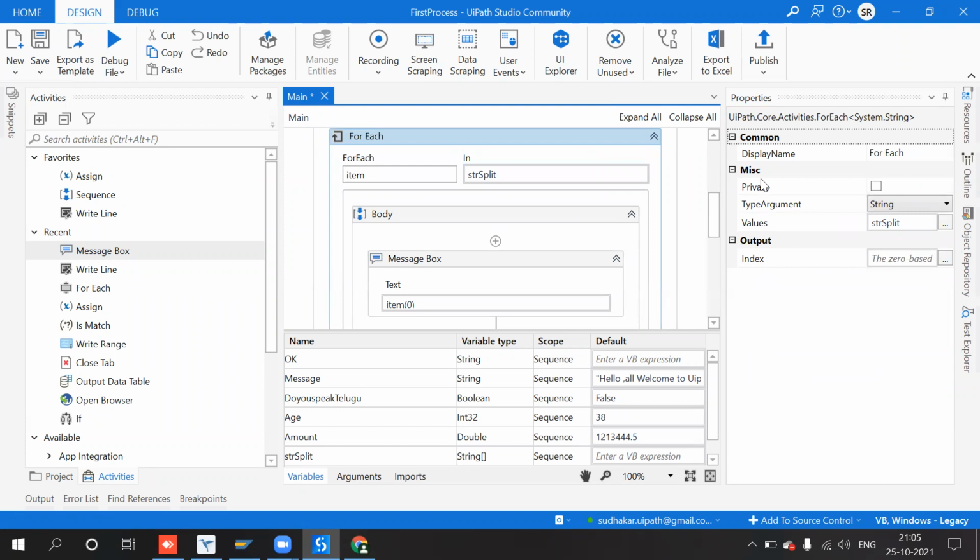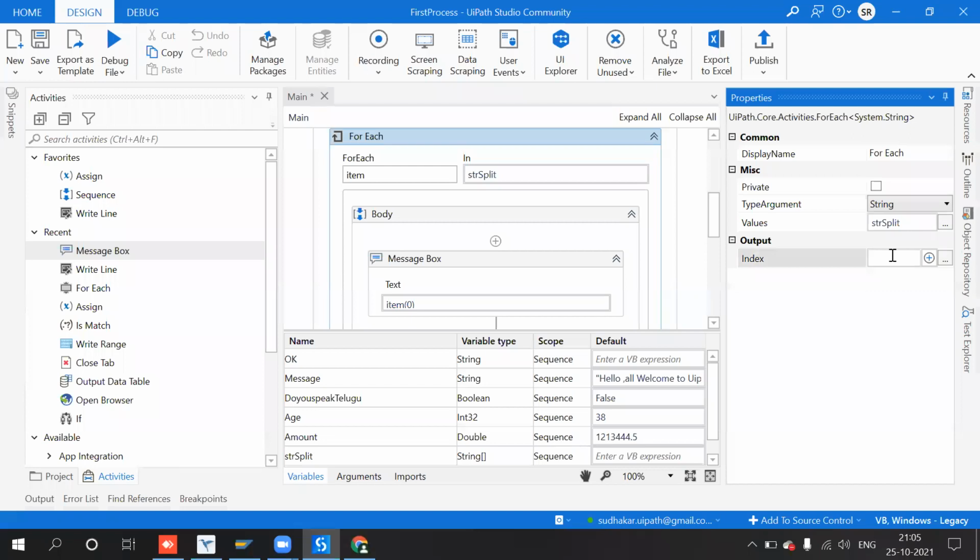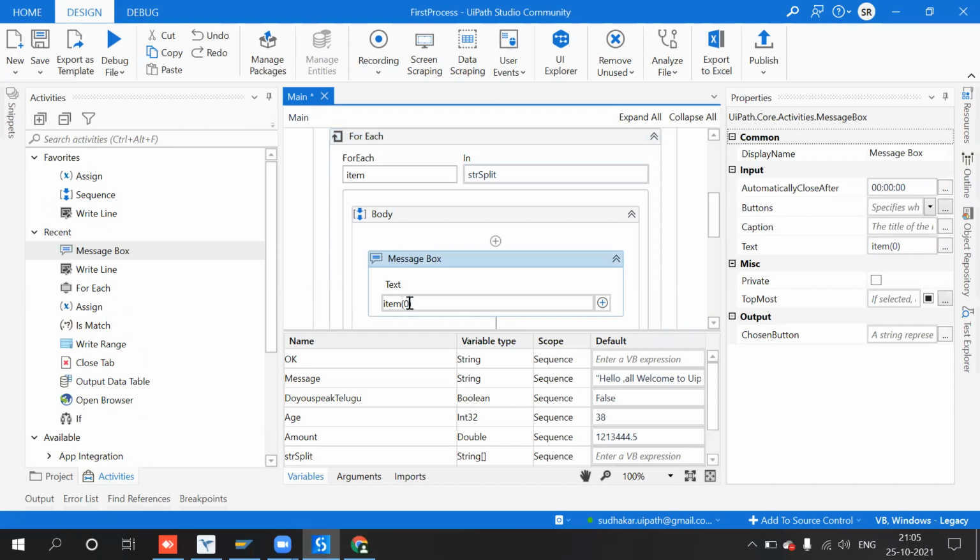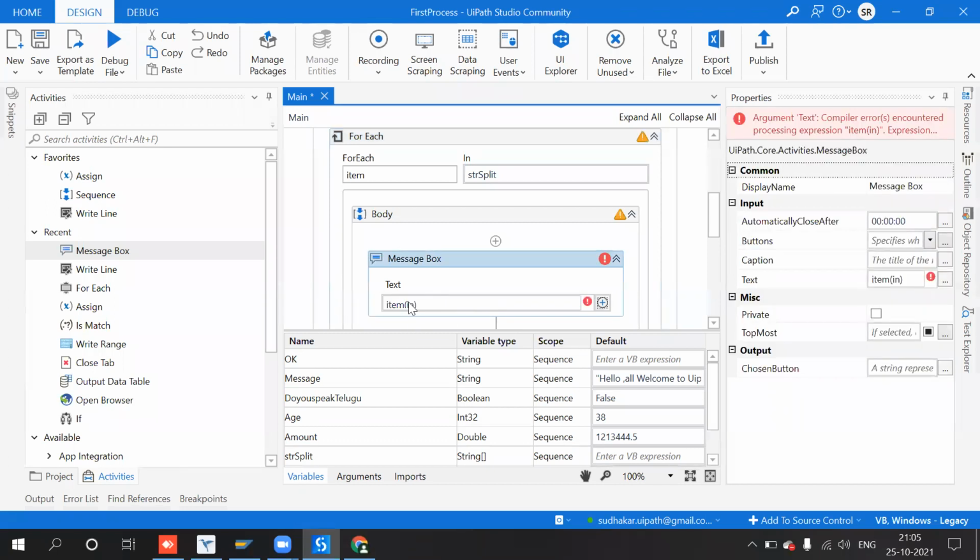What is the output of this for each loop? It is the index, the 0-based index of the current element in the collection. So here, Ctrl+K, use index. Rather than using 0, you can just use index as well.